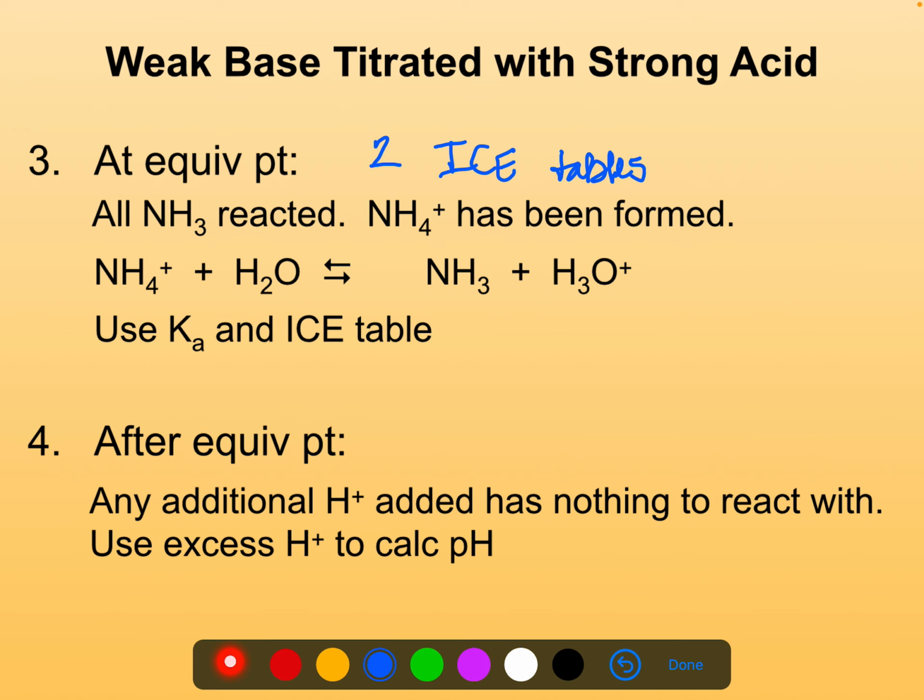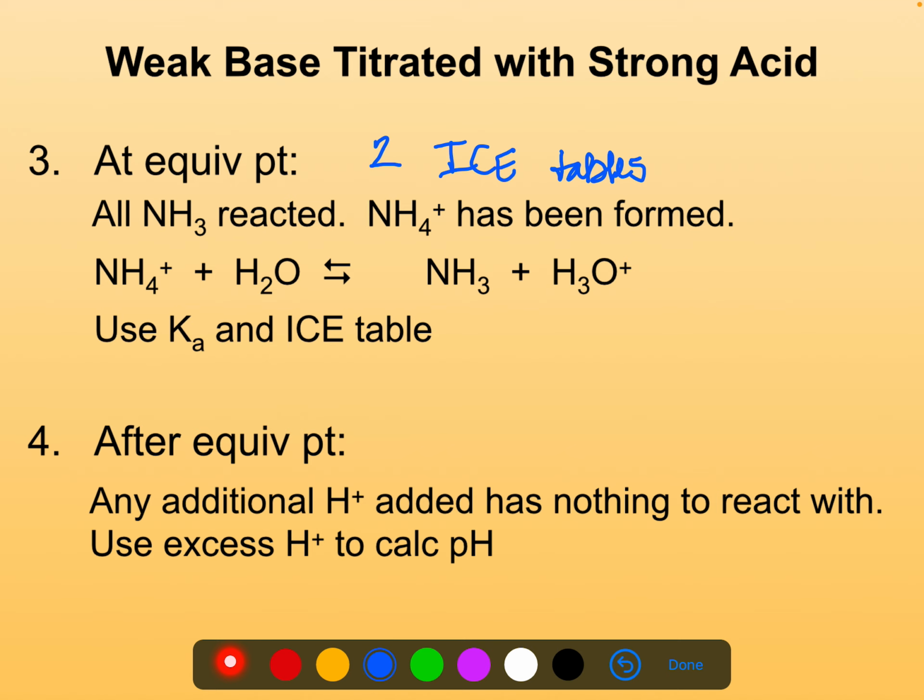So all of the weak base would react, making our conjugate acid in the first ice table using moles like we did yesterday. But for the second ice table, the conjugate acid goes through hydrolysis, reacting with the water, which would in turn produce some of our weak base and hydronium ions. And since we have hydronium, which is an acidic particle, we can use Ka in the ice table